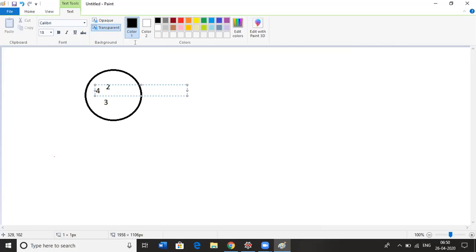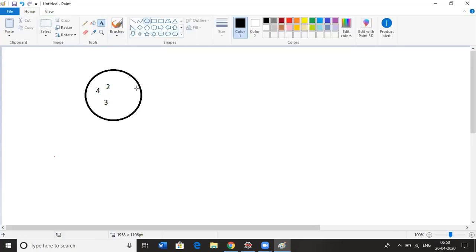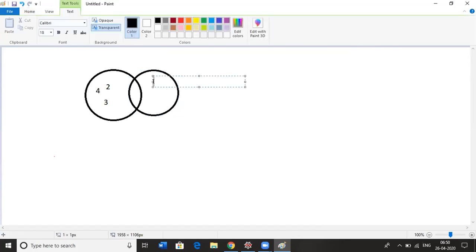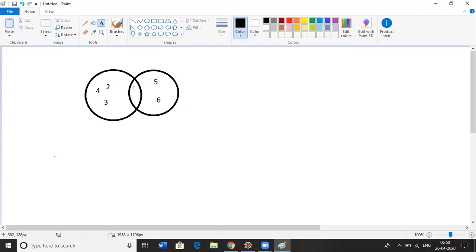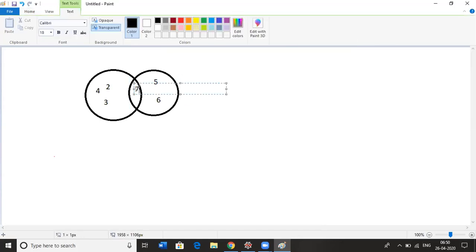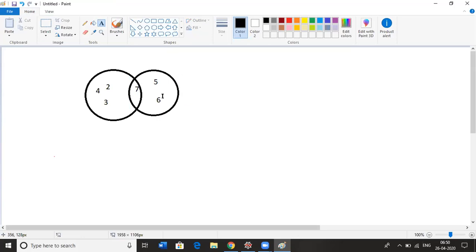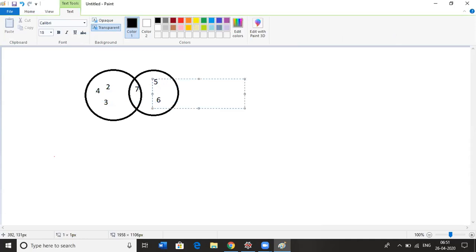And we have another set B. Here set B also has some values. If the same value came here, so the 7 is common for two sets. The symmetric difference, what it does, it will take all of these values in here and in here. So it will ignore this common value. That's the operation of symmetric difference.